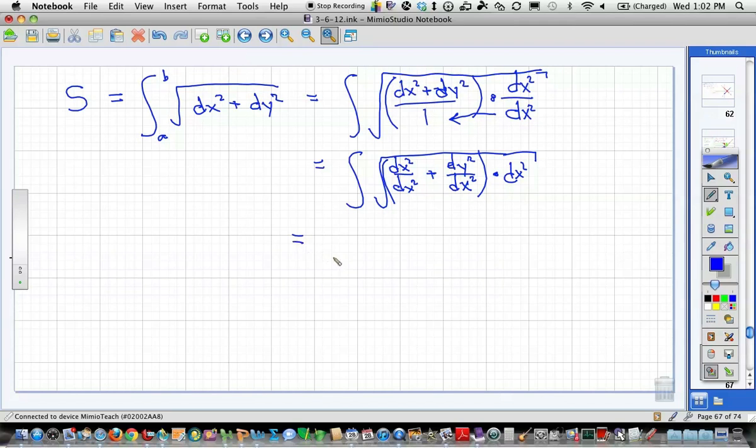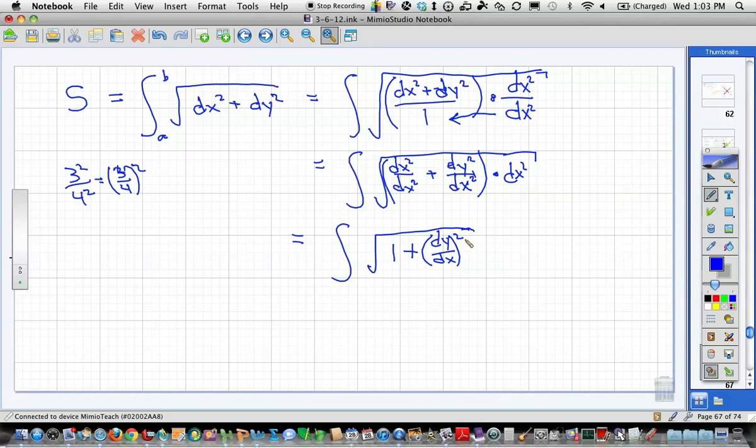Okay, now, a couple of things I can do here. I got my square root. Now, what's dx squared over dx squared? That's 1. Plus, now, it's not the same derivative because this literally is squared. I have dy squared over dx squared. Now, you remember like 3 squared over 4 squared, that's the same as what? Yeah, 9/16, I know, but that's the same as 3/4 all squared, correct? So dy squared over dx squared is the same as dy over dx